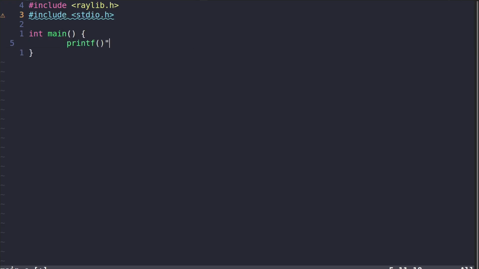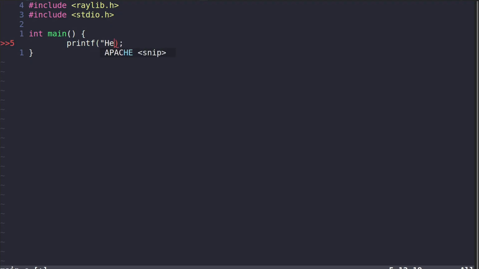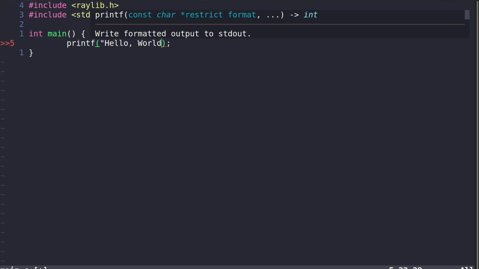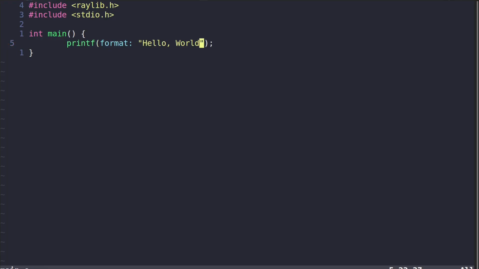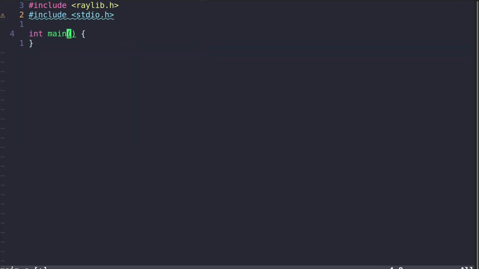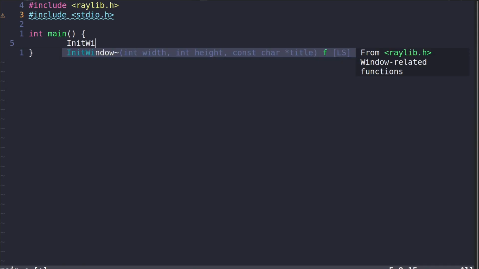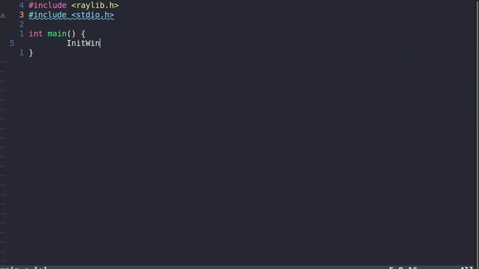Print hello world. So I have make run binded to F5 key, and yeah, it compiles, it works. So then we'll need some boilerplate for the Raylib